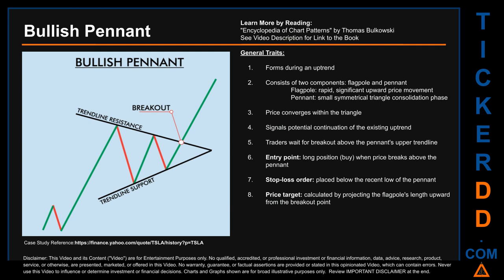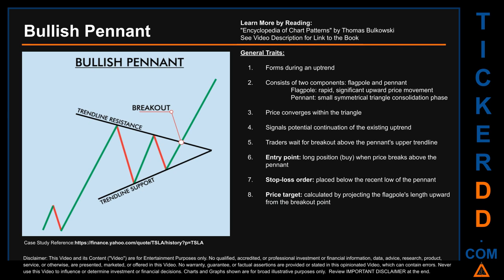Flagpole. The flagpole represents a rapid and significant increase in price, indicating strong buying pressure. It is the initial steep upward movement that precedes the formation of the pennant. Pennant. The pennant is a small, symmetrical triangle-shaped consolidation that follows the flagpole. The price converges within the triangle, with the trend lines connecting the lower highs and higher lows gradually coming closer